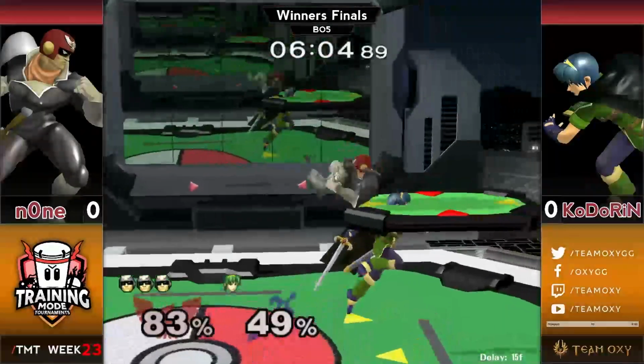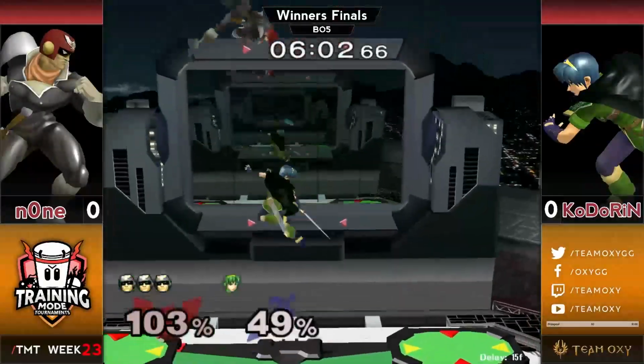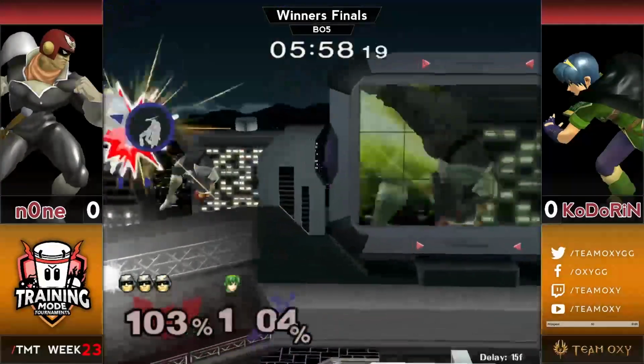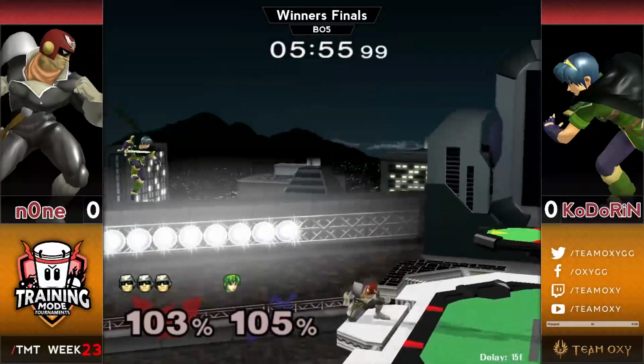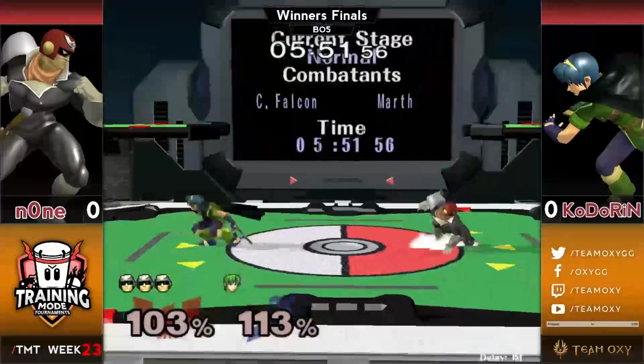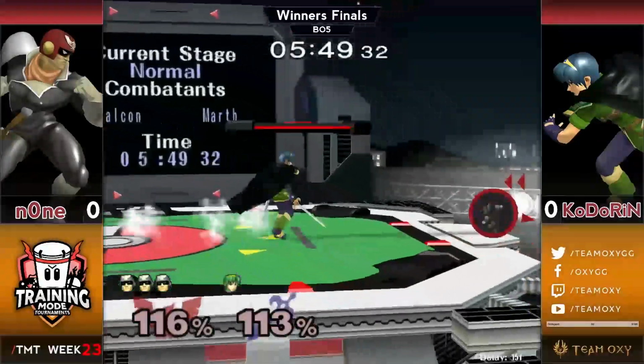Okay. n0ne goes for everything with the F smash. It actually ends up going the wrong way, and KoDoRiN's able to get a punish. But n0ne finds a gentleman to turn it all around, and it looks like a potential for a closeout right here. You know, I think KoDoRiN's one of the best players in the game at having this controlled,